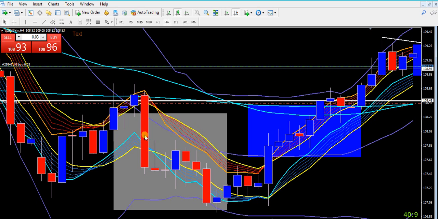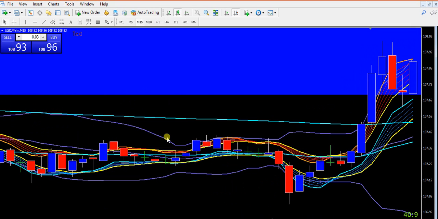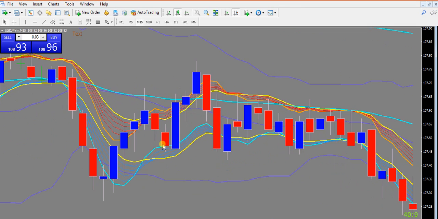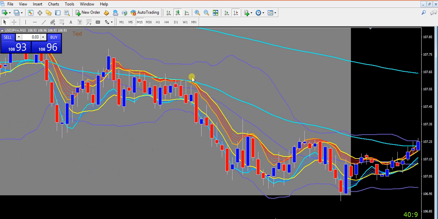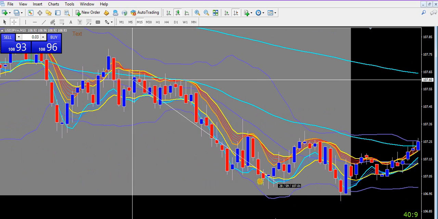For an example like this one, this is the best place to sell, because the price is below the middle Bollinger Band and below the moving averages, even the 50 and 200. So all we can do is find an entry in the lower time frame, maybe the 15 minute. If we sell around this area, we can get maybe about 57 points.